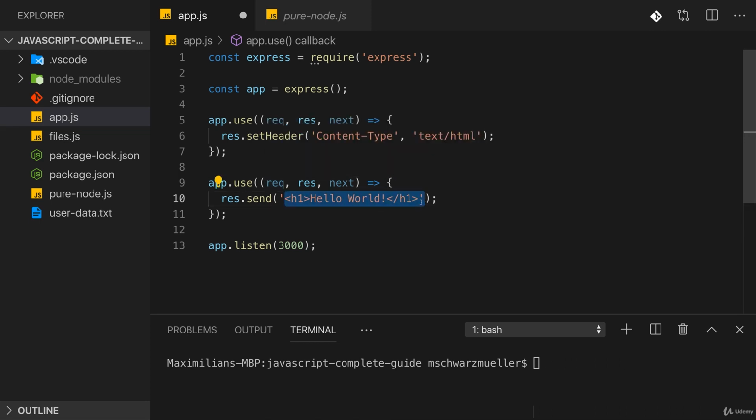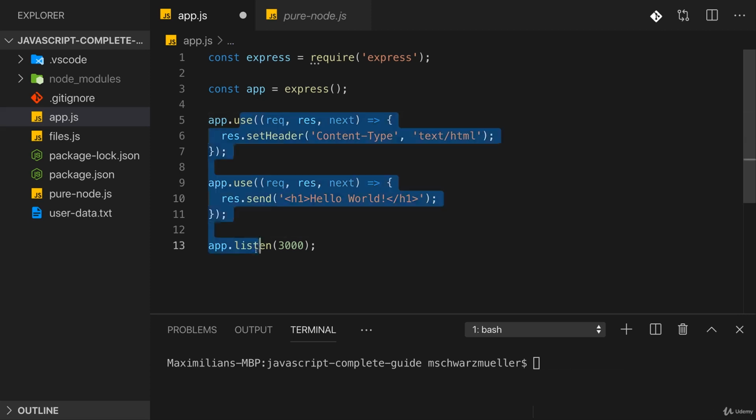So we'll send back this string as our response data. We set the header on the response before, and this will be carried over into this function, so the different middlewares all work with the same request and the same response object, so to say. So what you set up here on the response also is applied to this response,